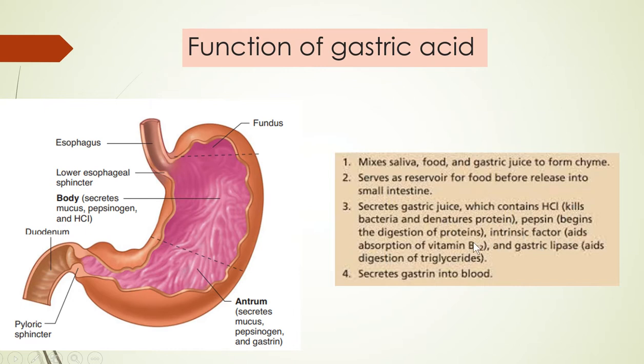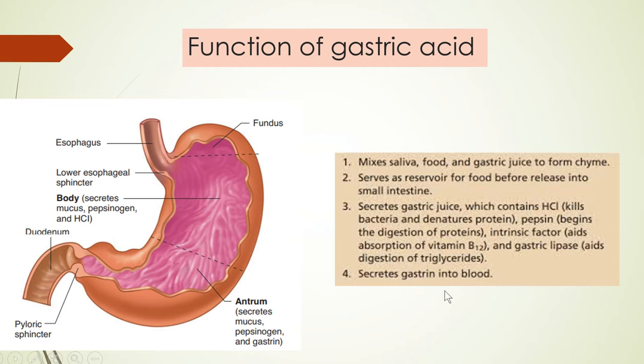Intrinsic factor we have, which aids in B12 absorption. Then we have gastric lipase, so a lipid digestion component is also here, but it's not active in gastric acid. At low pH it will not be active, it will activate in the duodenum only. It has gastrin also. Gastrin is a hormone, you know. So G cells secrete gastrin, which goes to blood, and then from blood it comes to different target cells. The target cells for gastrin are parietal cells also, which basically increase